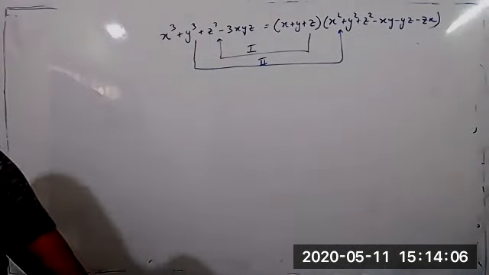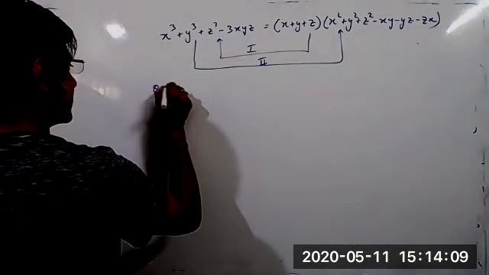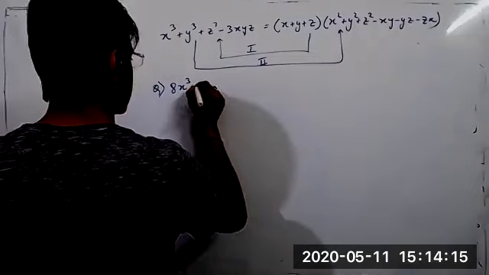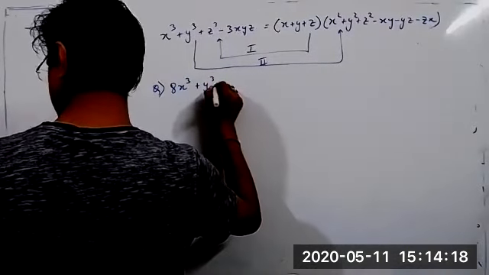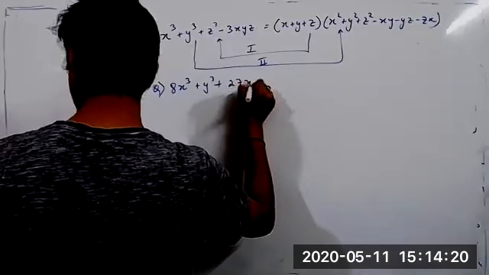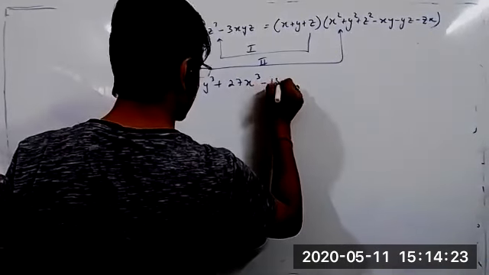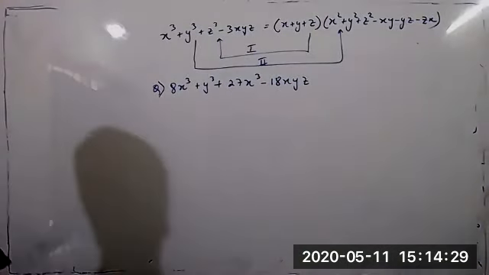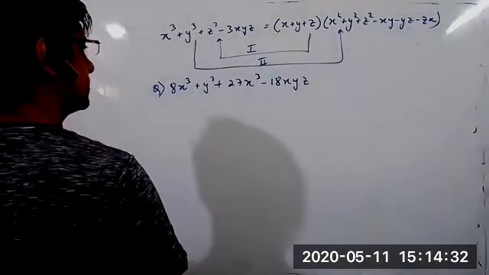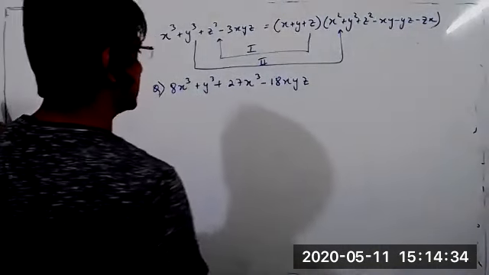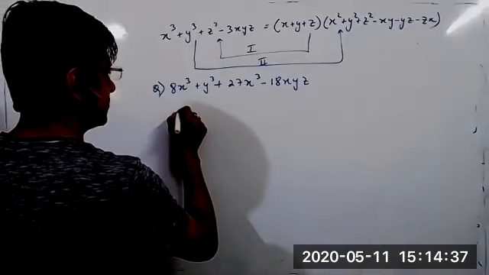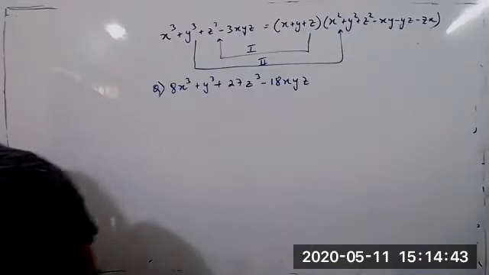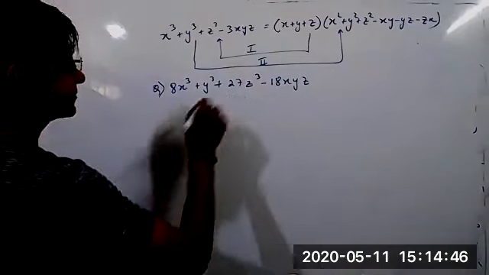So here is a question. The question is 8x cubed plus y cubed plus 27x cubed minus 18xyz. Okay. So now, sir, the third term, is it 27z cubed, 27x cubed? x or z? Sorry, z cube. In the book it is written that way, I also have to correct it. Z cube.